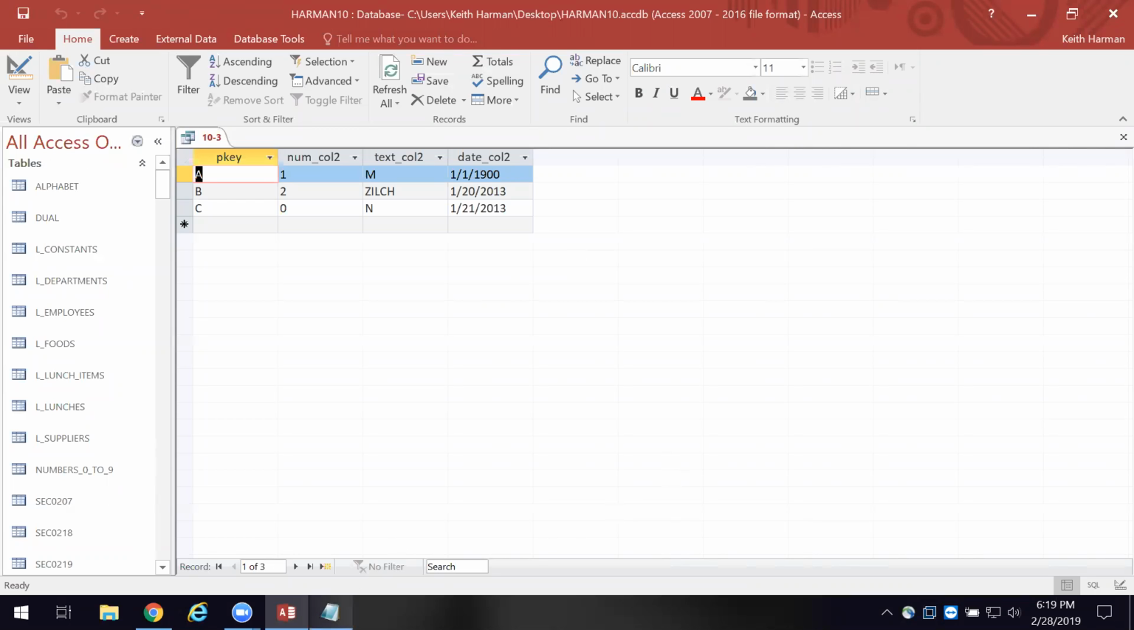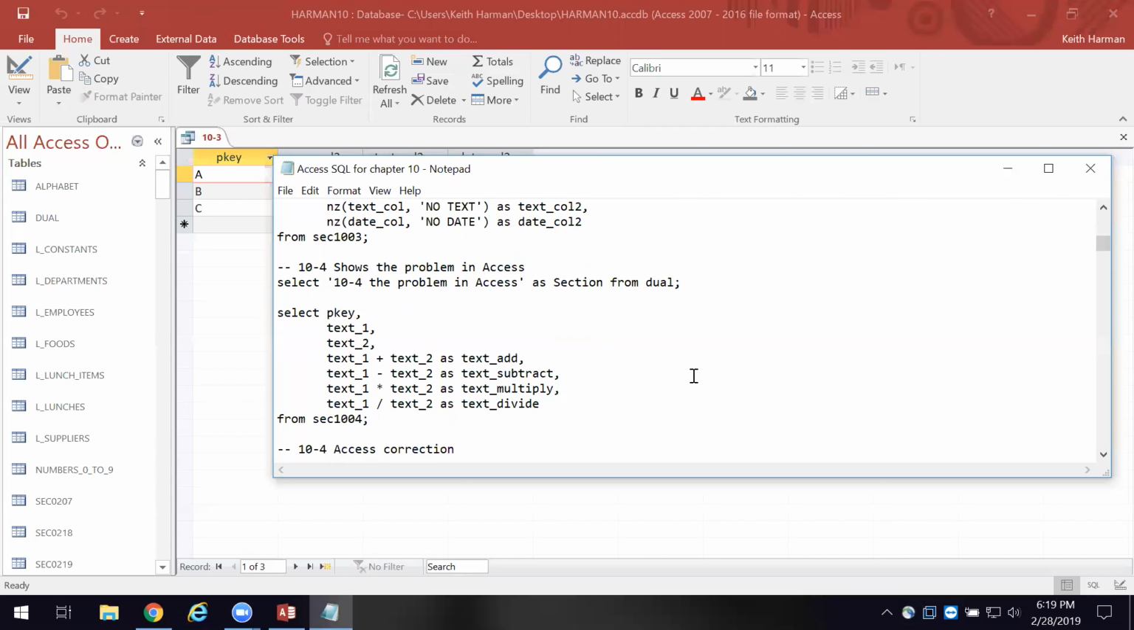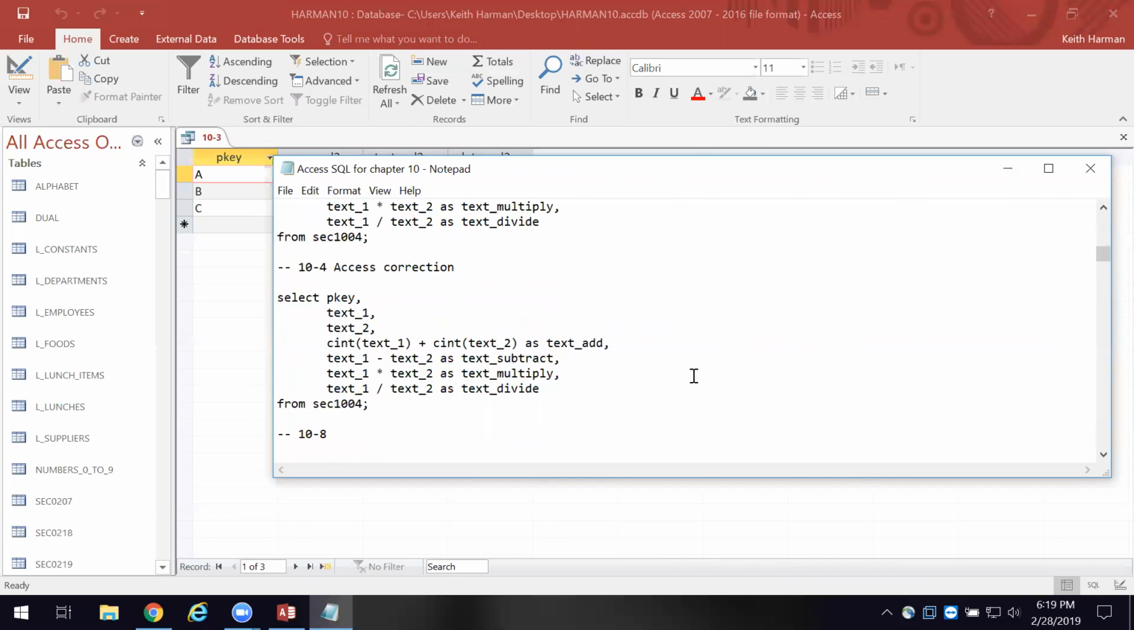So let's go look at the text here, and we'll see if we can find that 10.4. There's the key, and then this is the correct one. And notice what's going on. You see the CINT, that says we're converting that to an integer. If it's not an integer, what we'll get, the gobbledygook we get at the bottom of page 370, is an access issue that the